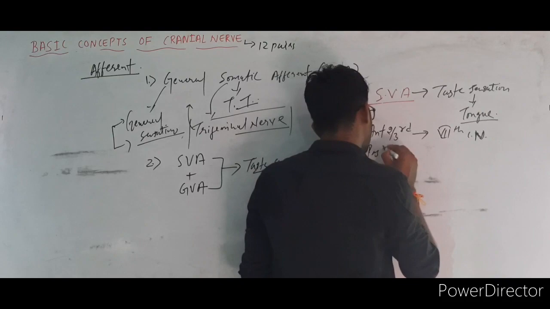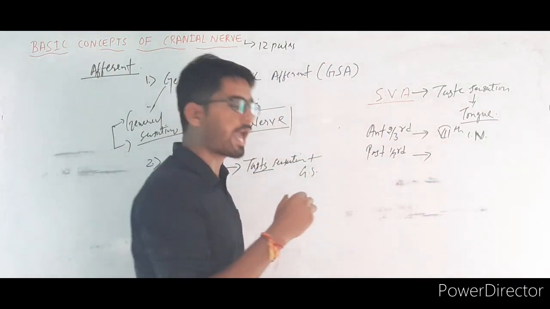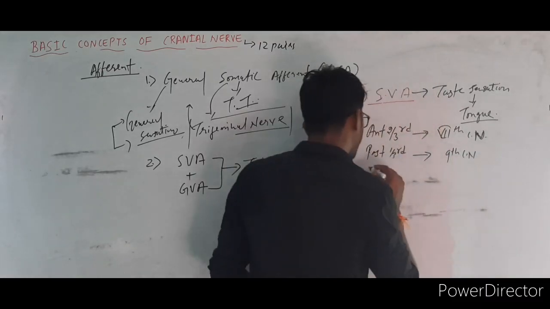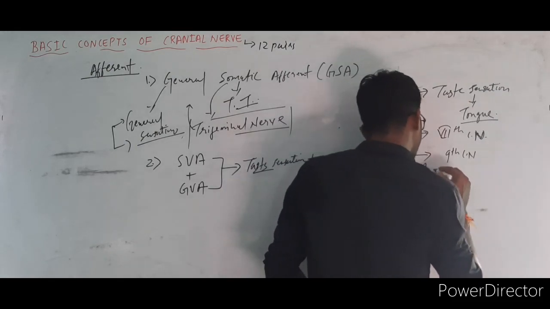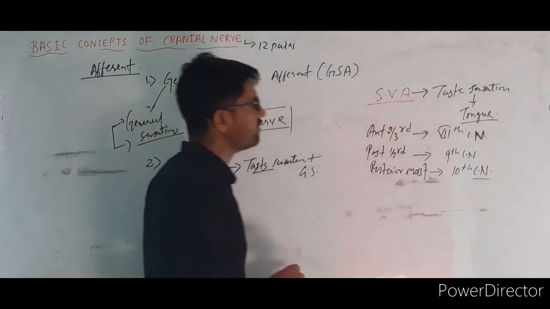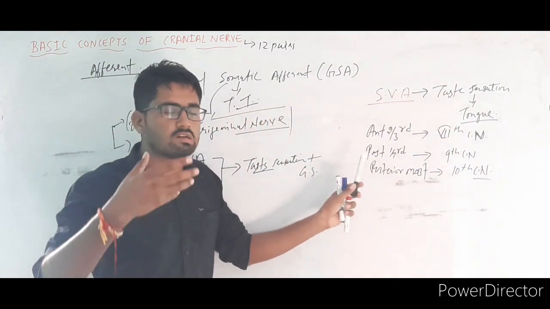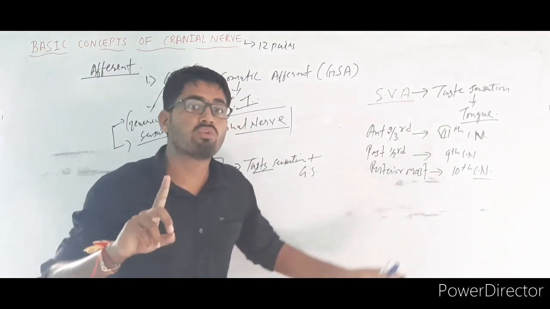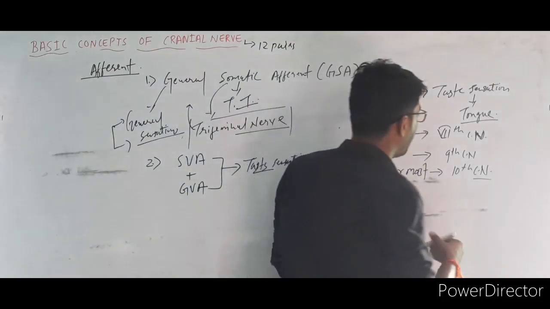And the posterior 1/3, which nerve? The 9th cranial nerve. And the posterior-most part is carried by the 10th cranial nerve. We know the nerve supply: anterior 2/3 taste sensation is carried by the chorda tympani, which is the branch of the 7th cranial nerve. So whenever I talk about the 7th cranial nerve,